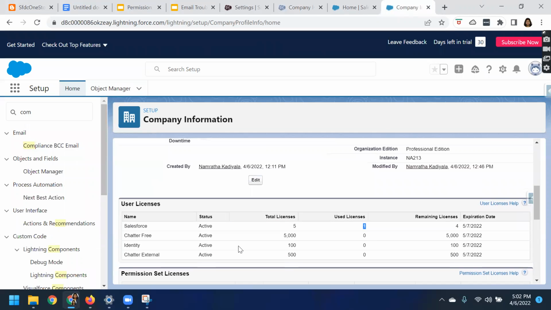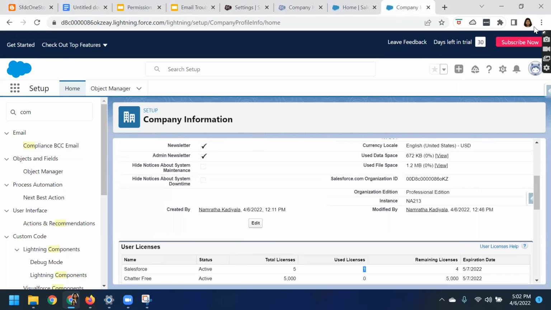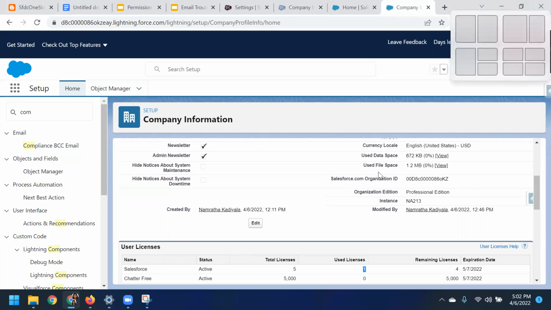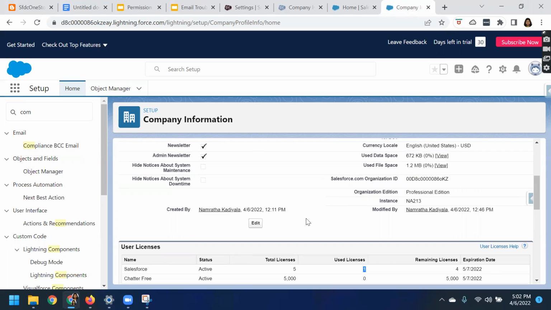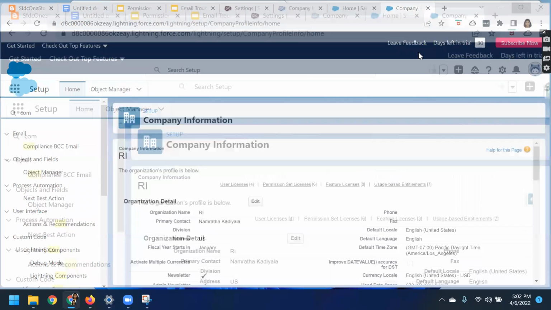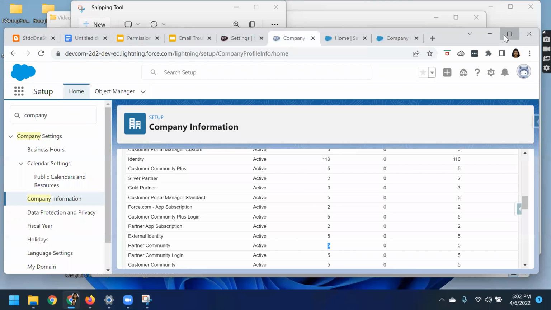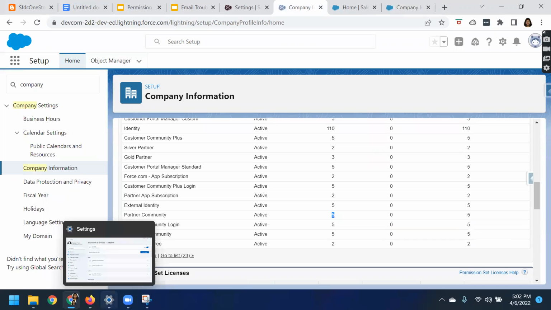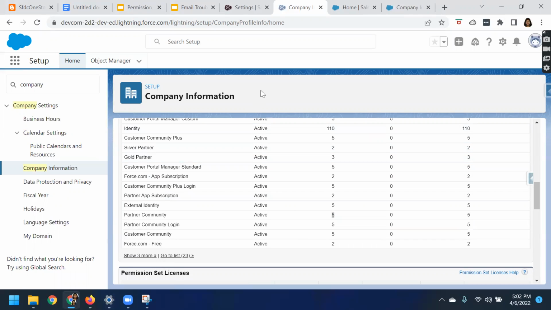Okay, now how can you verify whether you can create or enable the partner or the communities? Let's log back in to the previous developer org. This Experience Cloud, earlier it was referred to as communities. So when you type in from Setup, if you type in communities,